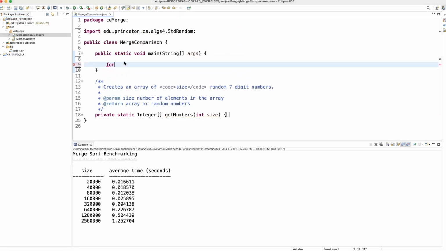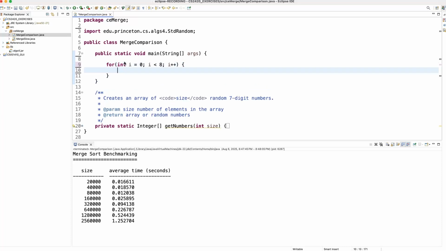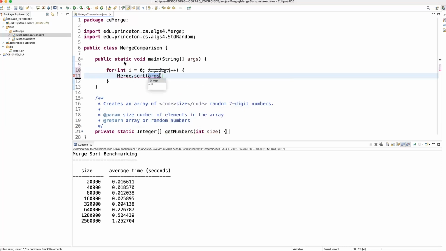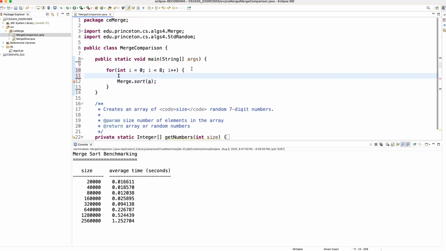I'm going to have a for loop, and I'm going to do this a couple of times, maybe like 8 times. And what are we going to do? We're going to run the merge sort. So here I have merge sort, and now I have to provide an array. Now needless to say, I don't have the array yet, so we better create that. Integer array is an array. So here I can say get numbers